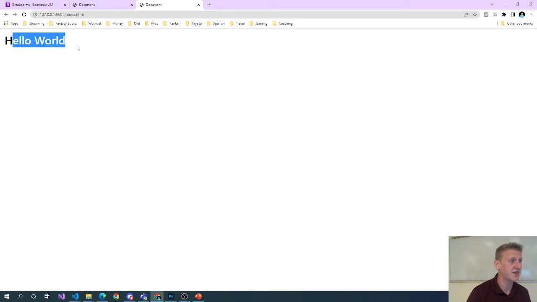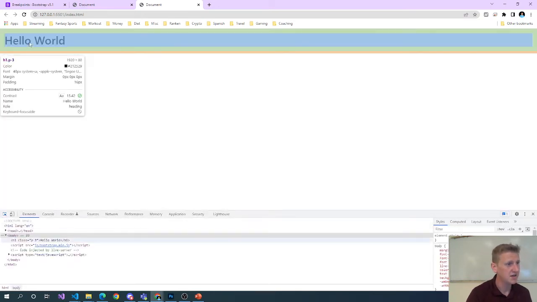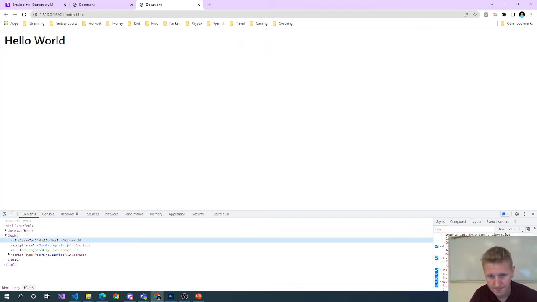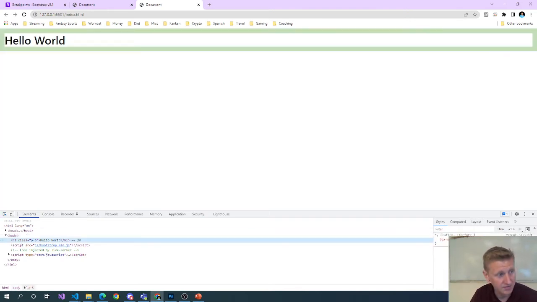And already you can see our H1 has moved. And if I inspect, now I can see there's padding on all 4 sides of our H1. And here you can see it's actually 16 pixels of padding,